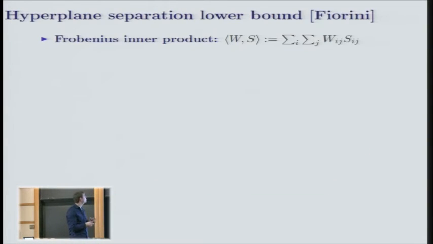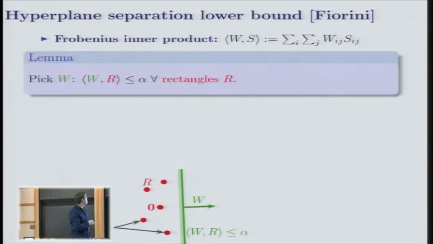And the technique that we're going to use is the so-called hyperplane separation lower bound. That was observed by Fiorini, that in principle one could use this, though he didn't have an application for it at the time that he found it. Okay. Now what we want to do is,